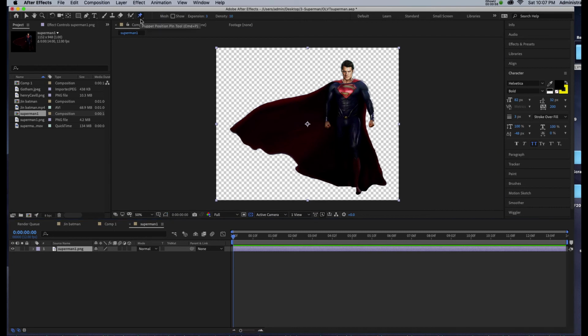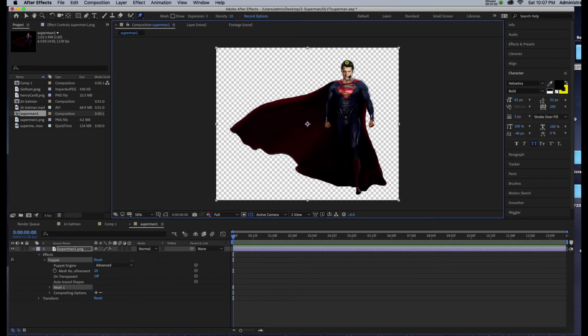I'll click on the puppet tool and I'll go in and I'll pin down the figure where I want it to remain stationary, applying quite a few of these points. And then I'll place a few near the cape. So I'll put one here, maybe one there, perhaps one here. And I'm going to pin down this arm and shoulder along here so the body doesn't distort